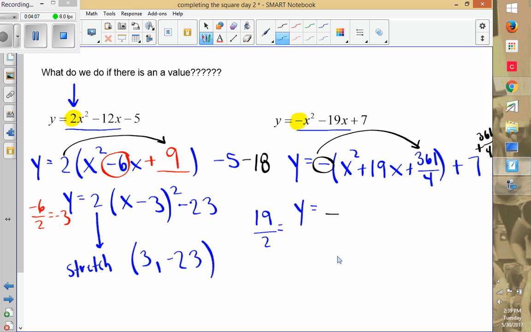So we have negative. Our square comes from x plus 19 over 2. And then we are going to think of 7 as a denominator of 4, which would be 28, in order to be able to add together our 361/4